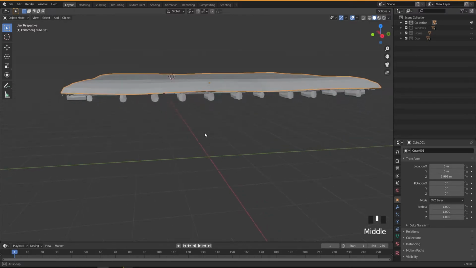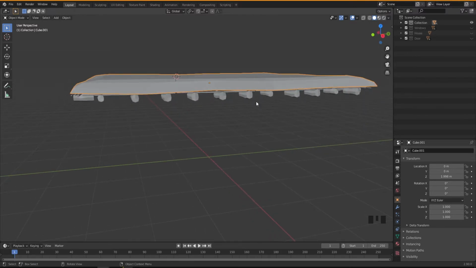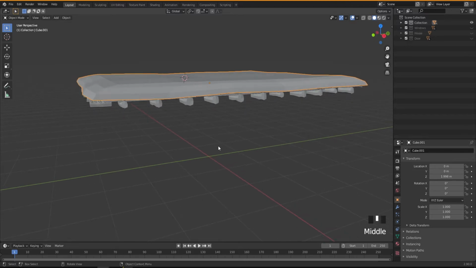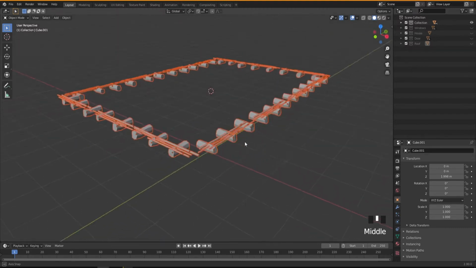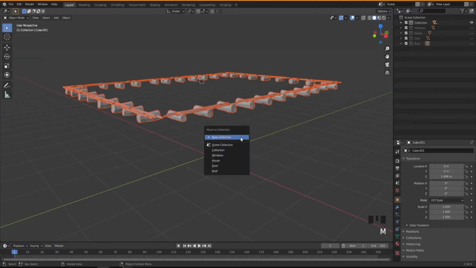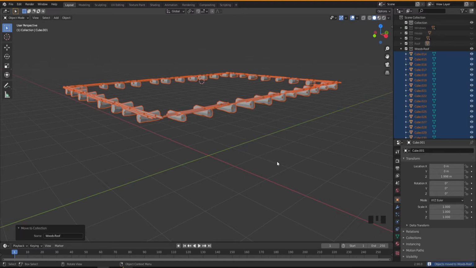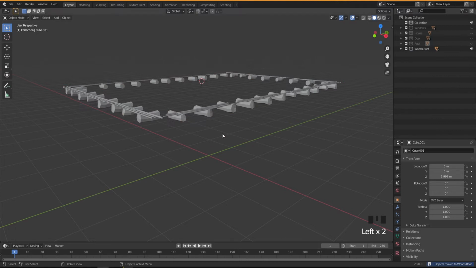So press enter, and now you have our door, and only the roof has been left, but I'm gonna put it in two different collections because I want the woods to be in a separate collection as well, because it makes it really easier for us when we go in for the next step, shading. So I'm gonna select that roof and press M, new collection. I'm gonna call this one roof. I'm gonna hide this one as well, and I'm gonna select everything left, which is the wood supporting the roof. So I'm gonna press M and just call it woods. Anything, you just remember for yourself which one is what in your scene, that should be fine. You can call it any name, but at least you know what it is.